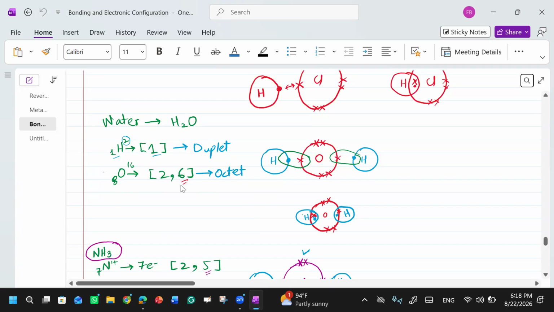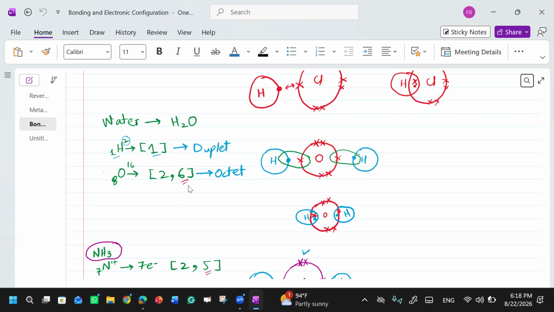So what is the vacancy? If you see this configuration, what should be done? Hydrogen has one, oxygen has six. What is the possibility for oxygen? Is it possible for oxygen to lose six electrons? No, to gain 2 electrons. This is the best possibility. No one gives away more electrons. You can't give more money to your friends, right? You will only give $1 or $2.